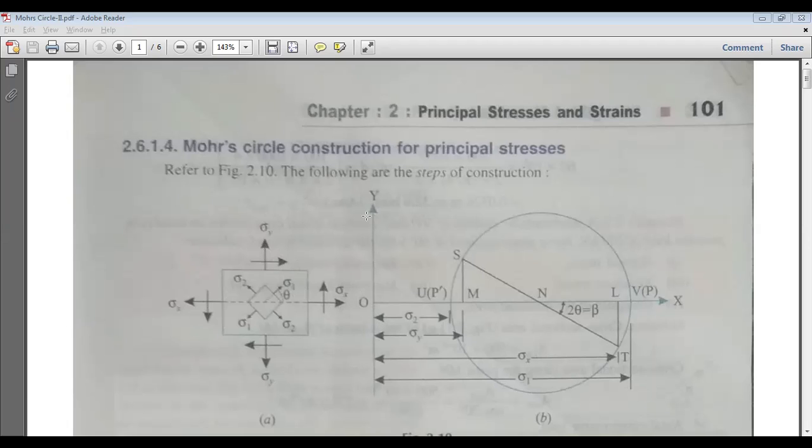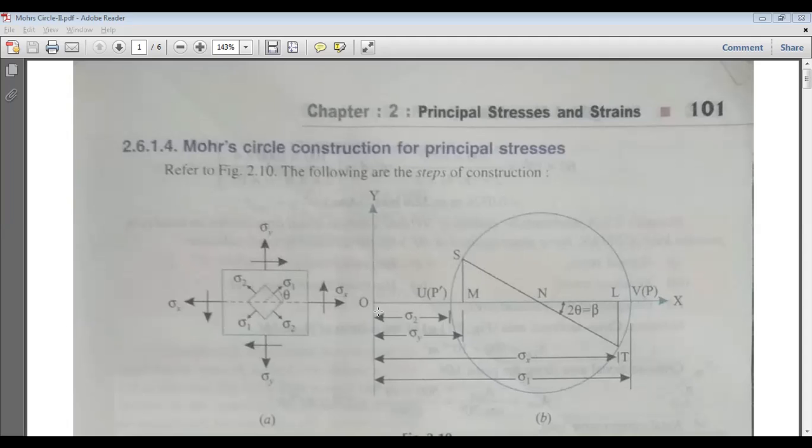When we have to draw the Mohr circle, what we'll do is introduce a system of coordinates, the normal system x and y. We'll draw two lines, x and y. The origin is given at O, where these two lines meet, and the arrow on the right side will represent the x axis, and similarly the positive y direction will be represented by an arrow y. So sigma x and sigma y will now be taken on the horizontal x axis.